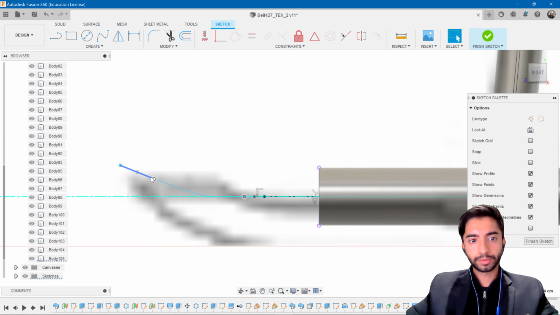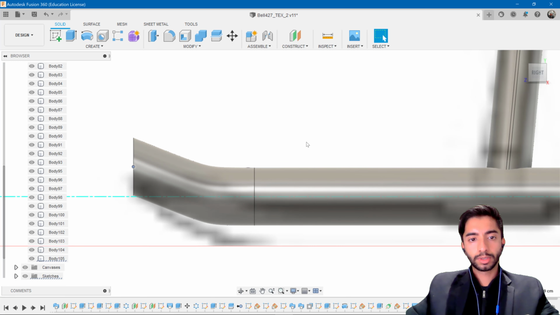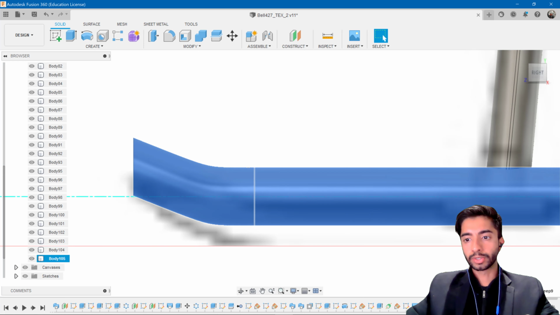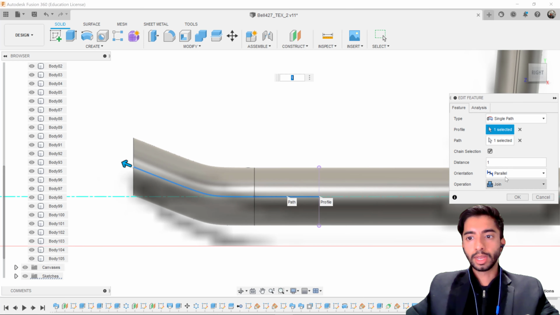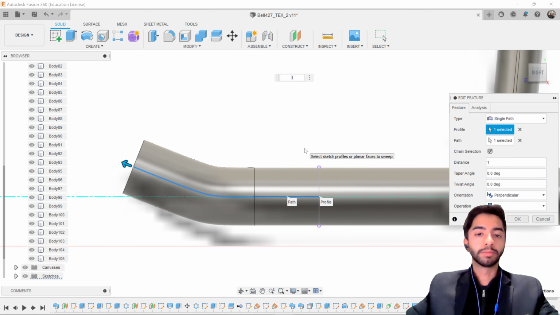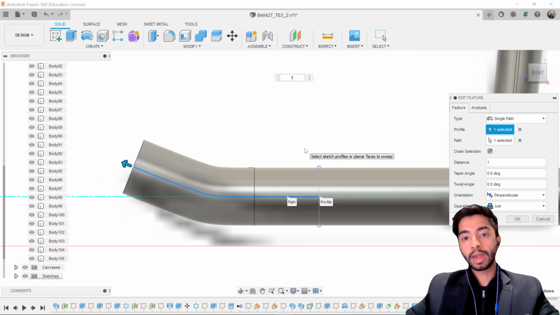Okay, let's see if maybe that would fix anything. Okay, that looks a lot better. So just edit feature, and let's see if perpendicular works now. There we go. Right. So basically, anytime you encounter something like this, just make sure that the cross-section area of